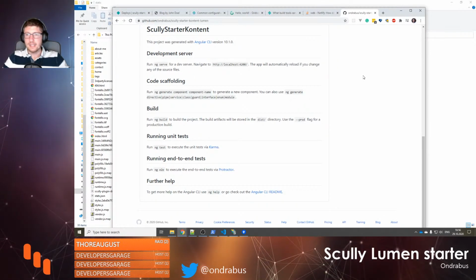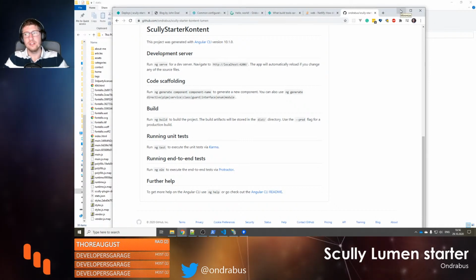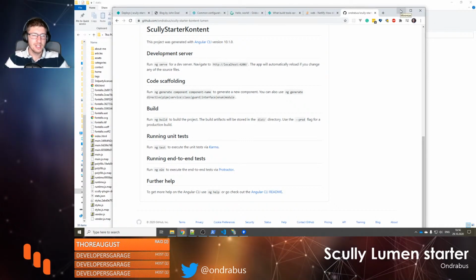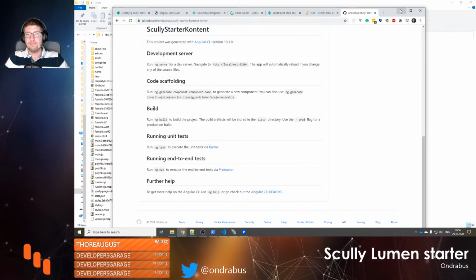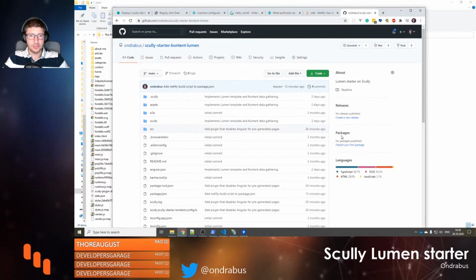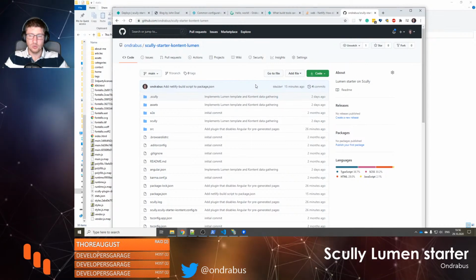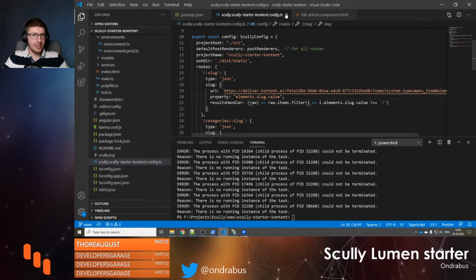Yeah, and that's how Scully works. So quite interesting. It has a different approach than normal static site generators. It's using a different way of building the site. The one thing that I was also banging my head against the wall for was that sometimes, or actually on